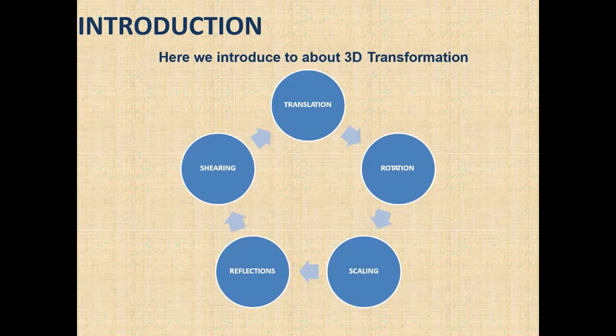So, like 2D transformation, 3D transformation also consists of these main transformation operations: translation, rotation, scaling, reflection, and shearing. Okay, so actually it is given in a rotational way, but it doesn't work like that. Any composition can happen among these five transformations. That means sometimes it may happen that rotation is happening first, then it is happening with translation, then again it can happen with scaling. So anything can happen for the transformation. There is no particular sequence which we need to maintain.